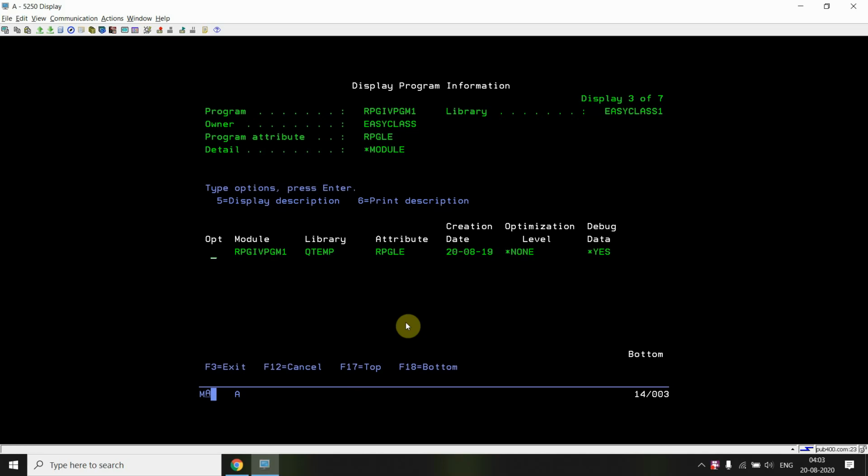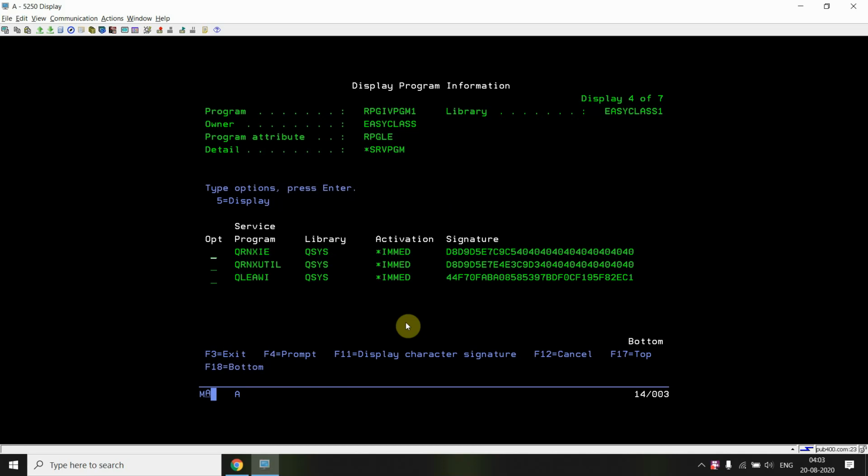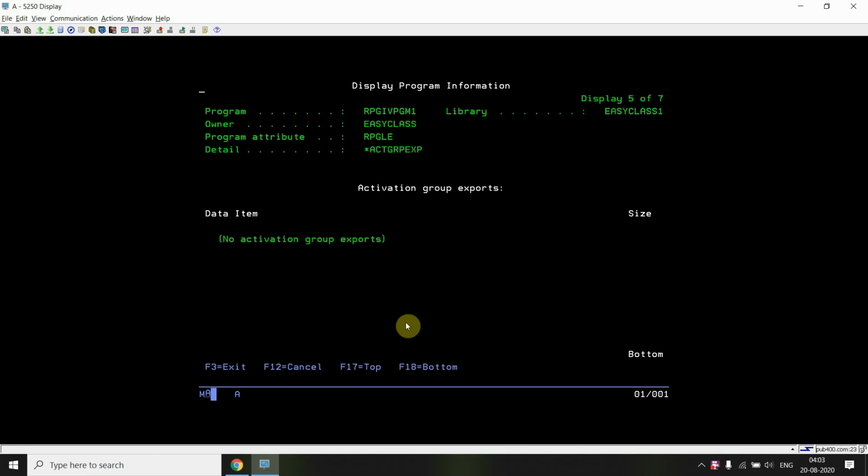It automatically creates one module in the QTEMP library, and the module is bound from the QTEMP library, but we cannot use that module anywhere else in our programs. That can only be used here, in the OPM source, and there are no service programs bound to this. So this is an RPG4 program.